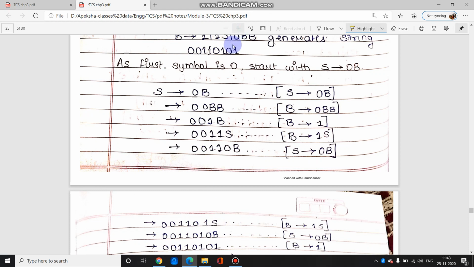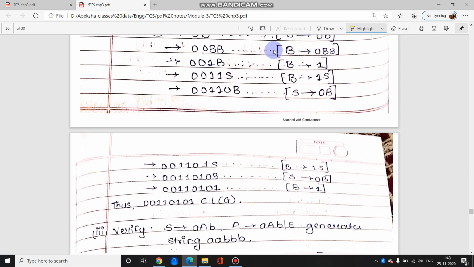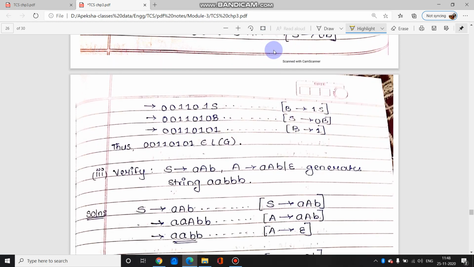So again 0 है, so you will take S tends to 0B, so S की जगह पे 0B, so ये इतना आ गया. एंड लास्ट में अभी सिर्फ अपने को 1 चाहिए. So we know that B gives production 1, so using that production rule B gives 1, so B के यहाँ पे 1 substitute किया. So see, ये जो स्ट्रिंग था वही स्ट्रिंग यहाँ पे अपने को मिला है, which means that the given string belongs to that grammar. मतलब from the given grammar it is possible to derive the string which was given in the question. So last में that's why we say that this string belongs to the given grammar.